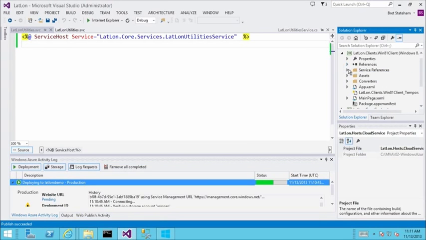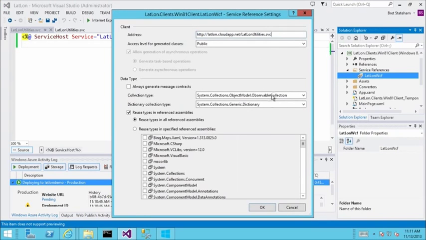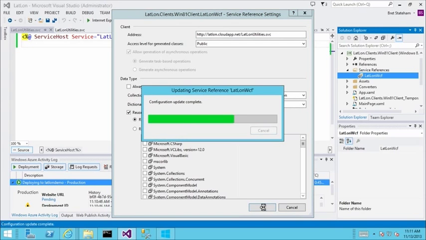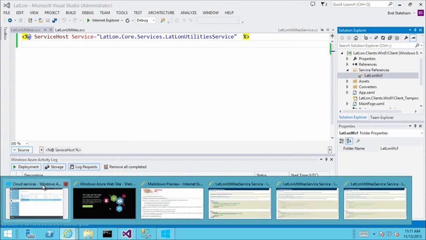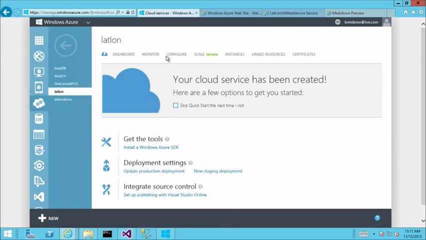What if I wanted like 4 copies running of that service that you just deployed? Is there a way to do that easily? Yeah, you bet. I'll show you that really quick. Let me just update this while I'm here. But back over in the portal, if I drill into the management of that cloud service under the scale,